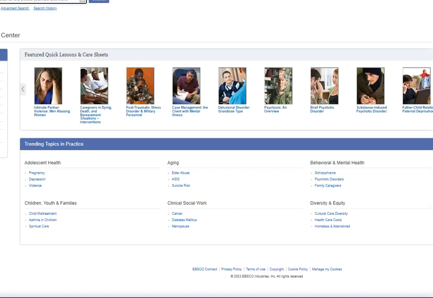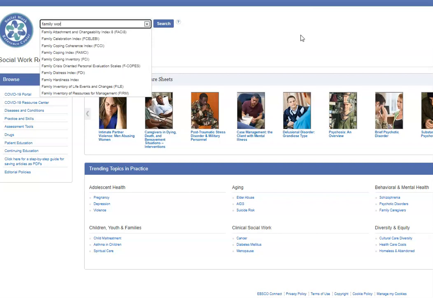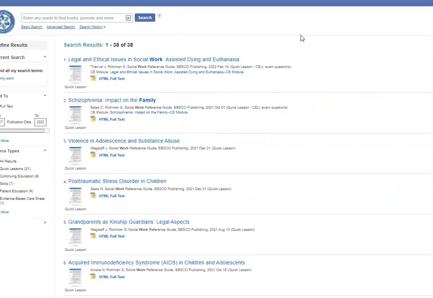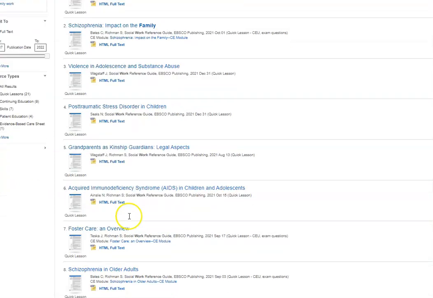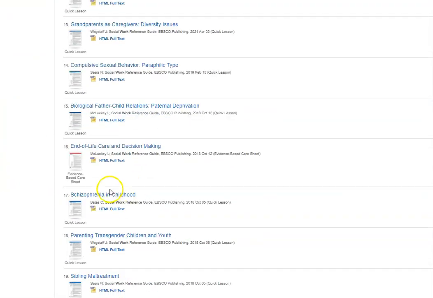Now this piece does have a very different impact. It is going to be something for people who actually are working in social work. So I'm not sure this is going to be a winner for this. So I'm going to put family and work and see what comes up. Now this is going to give you things like quick lessons. See what else we might have. The quick lessons are all